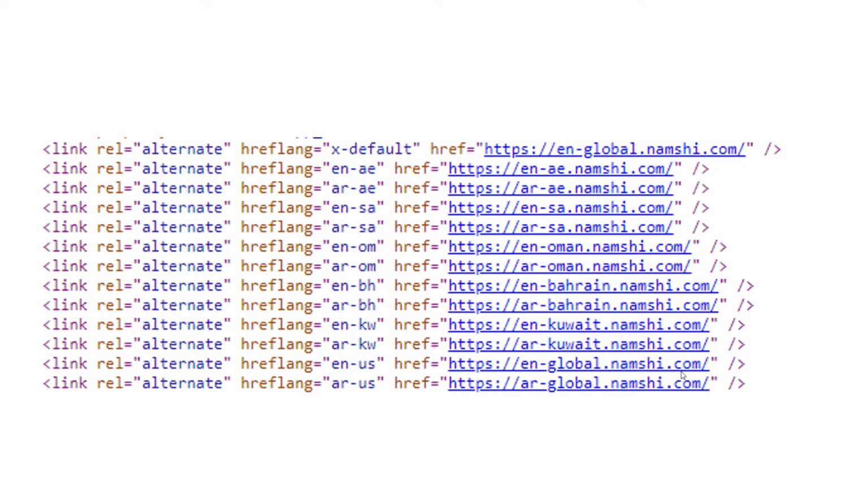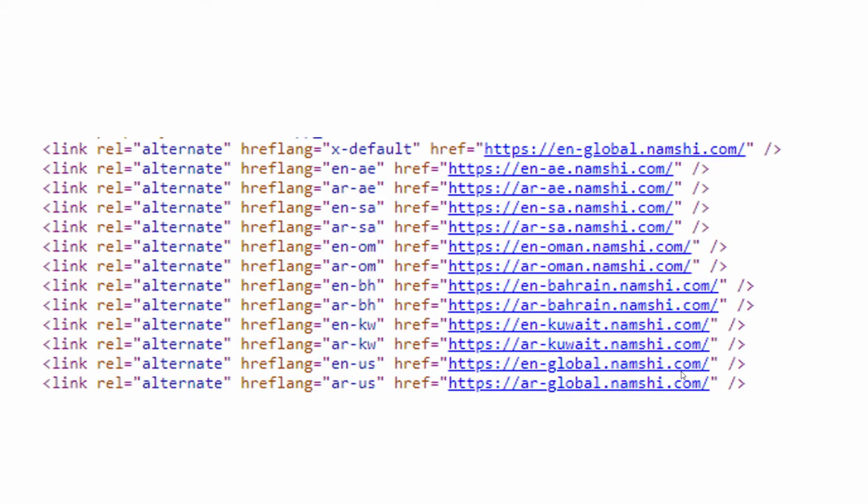Number 5 relates to geo-targeting and language targeting. So it's really important that you understand how to set up your website in a way so that Google understands which pages are for which language and which country group. And so there's a tag that Google has put out there called the hreflang tag. And so if this tag is set up properly, you're basically going to be able to tell Google what pages of your site are for which language.